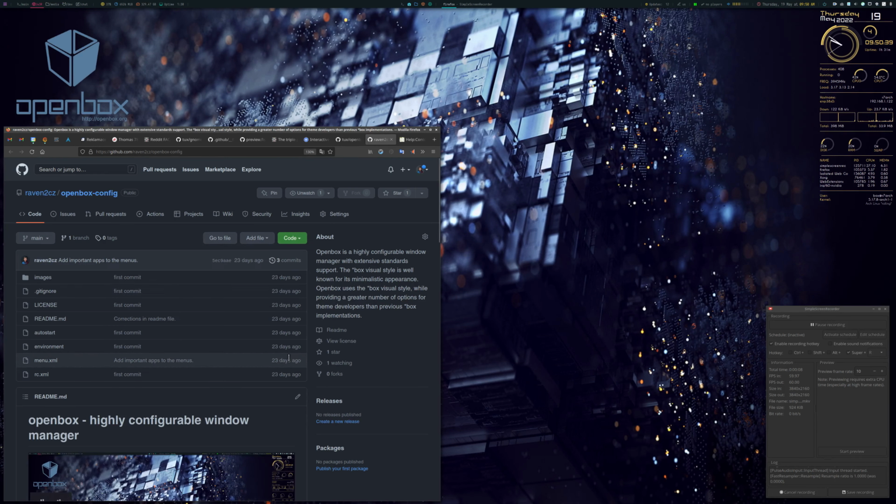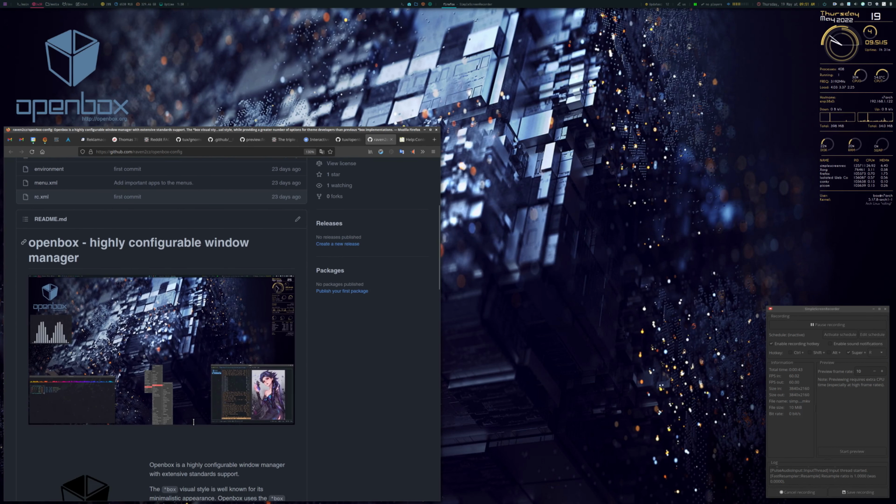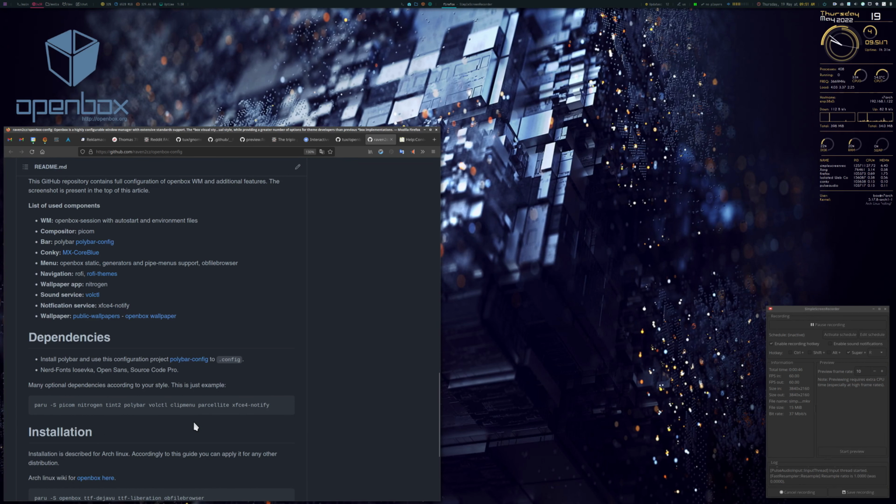If I open it, there is the full configuration for the Borg Cube project, which is shown here, with complete key bindings and mouse improvements and some very great actions for windows and some simple tiling, but you have to understand that this is primarily focused on floating layouts. So you can check out this project